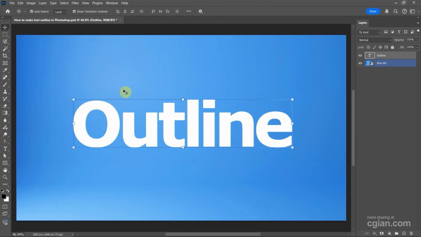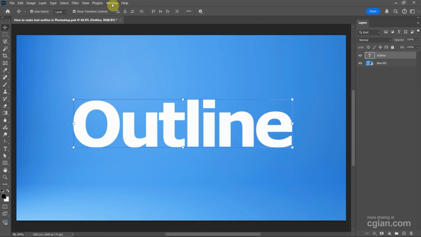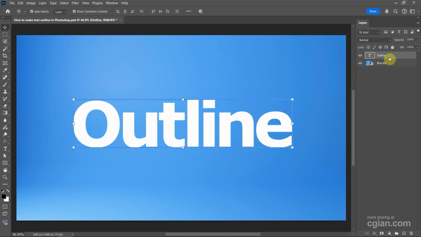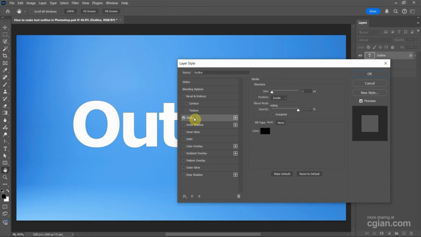Next, if you want to make the text outline, make sure that we have layers window. If you don't have layers window, we can go to window and show layers here. I go back to layers window, and then we can find the text layer, double click to open the layer style. Next, we can go to stroke, activate it, and select it to find the stroke setting, and then we